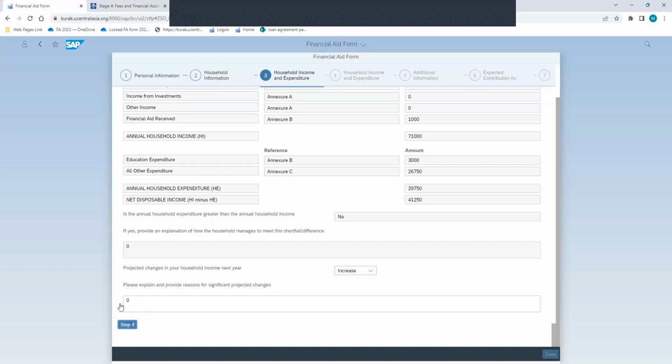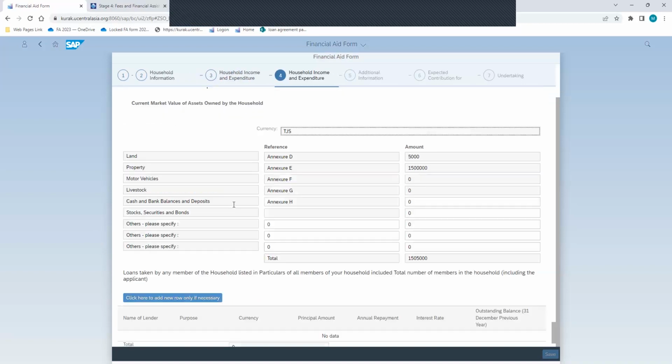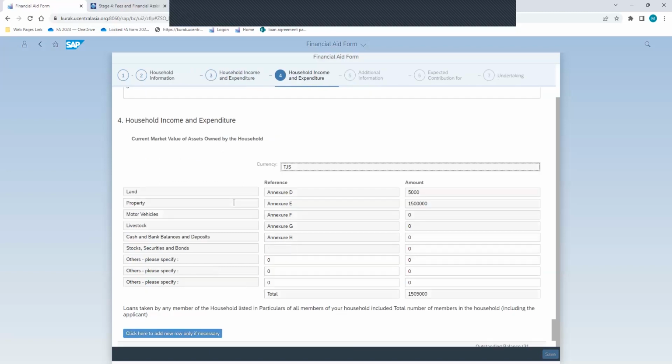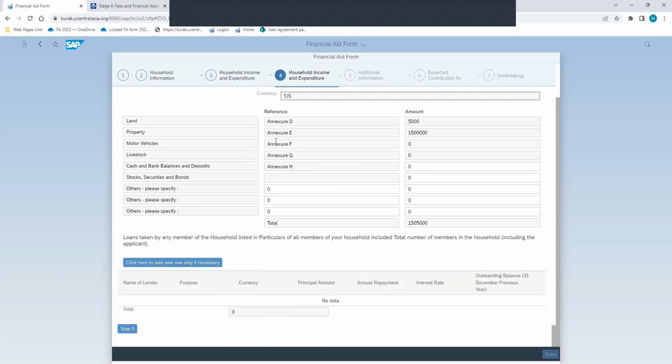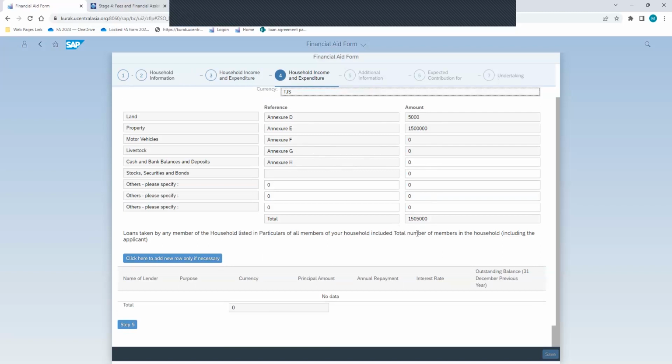So let's go to step 4. Step 4 is the income and expenditure. It is starting from Annex D, E, F, G, H. If you do remember, there were land, property, etc. So it's all calculated, and now it is showing that we have some total of 1,505 TJS. If you do have loans at home by any member of the household, you have to click here